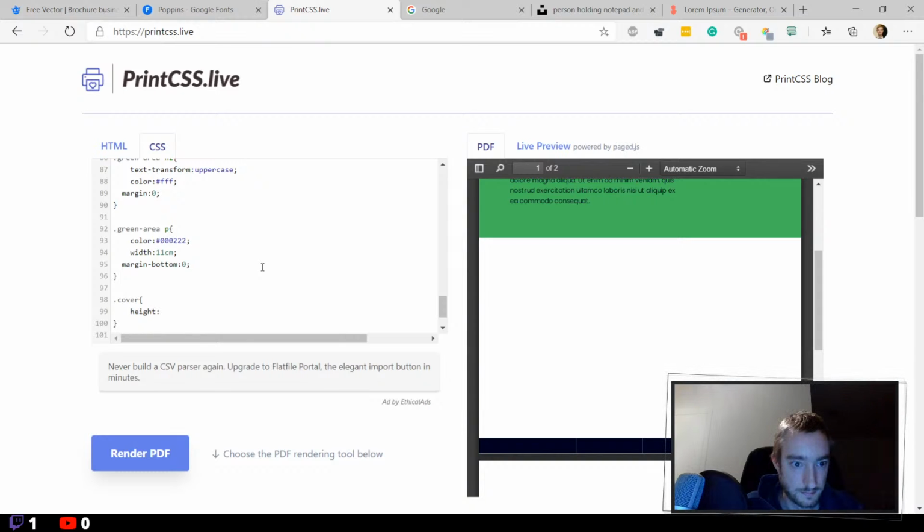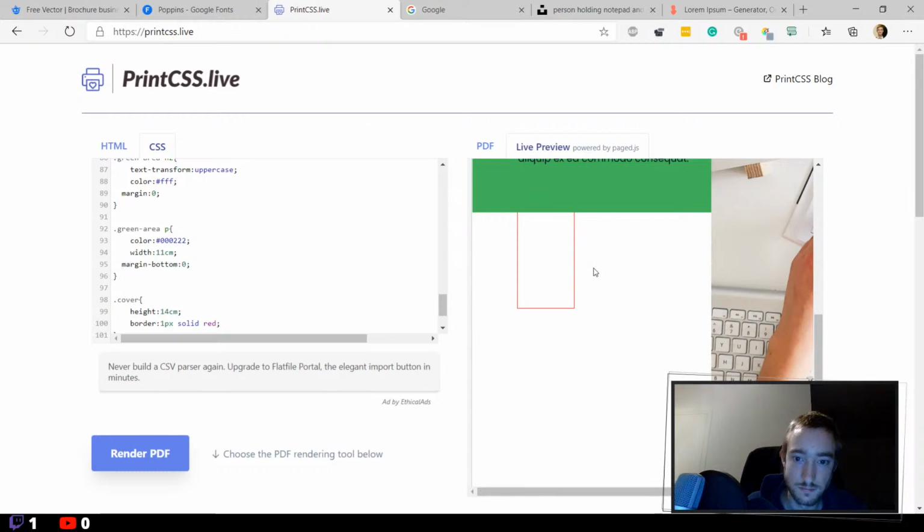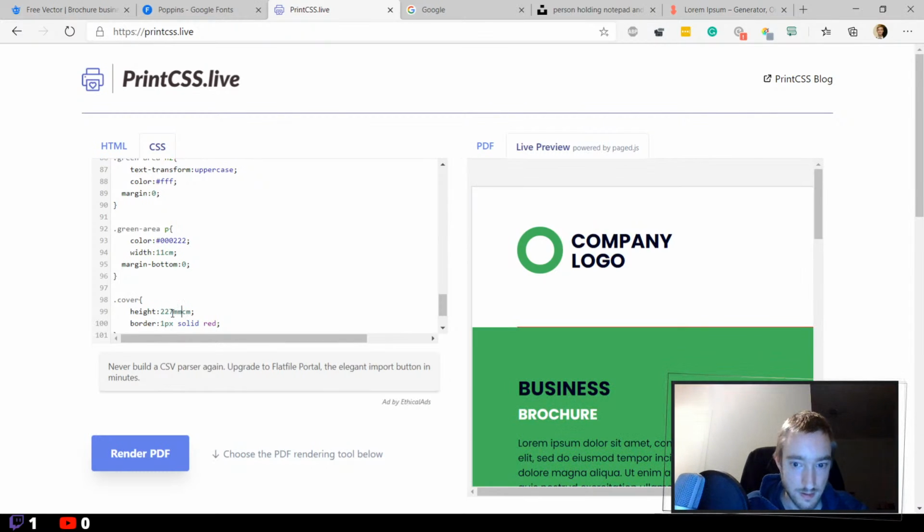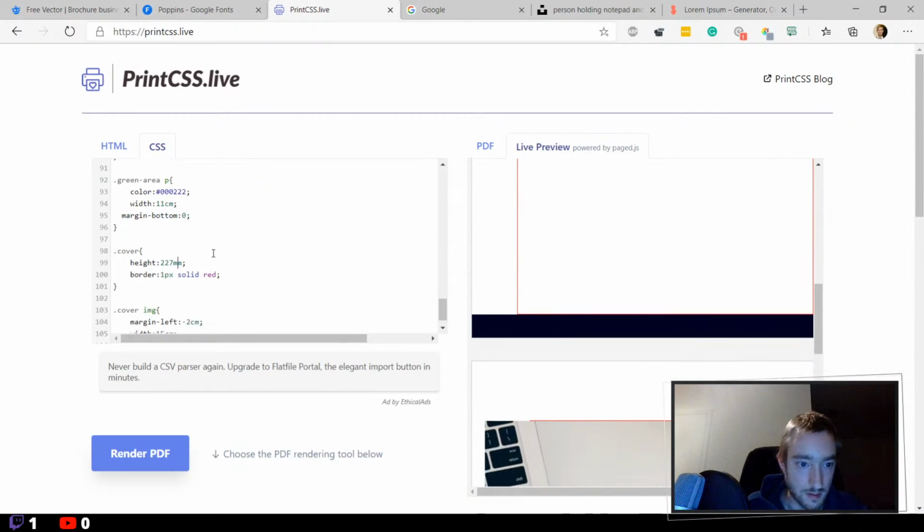height and then 6 on the top, 1 on the bottom, so 7 gone, so 14 centimeters. Let's make a border around it. Let's see that first. Not 14 because we are not 21. It's 29 centimeters. What did we say? 6 on the top, 7, so 227 millimeters. Yeah. Okay,